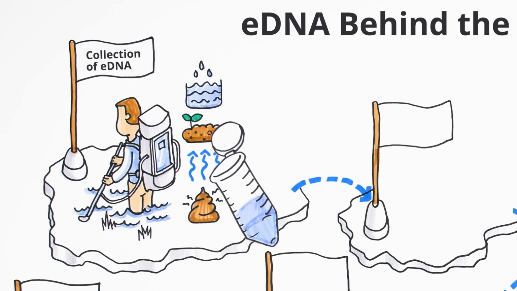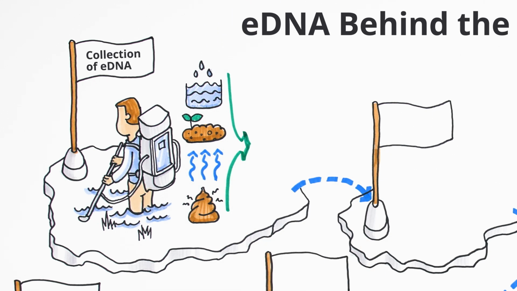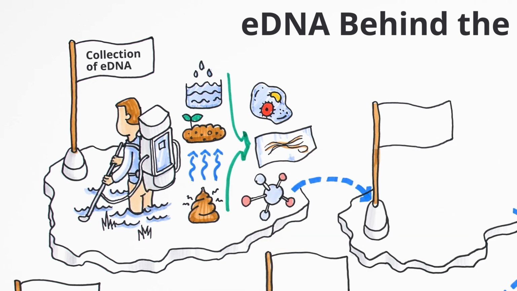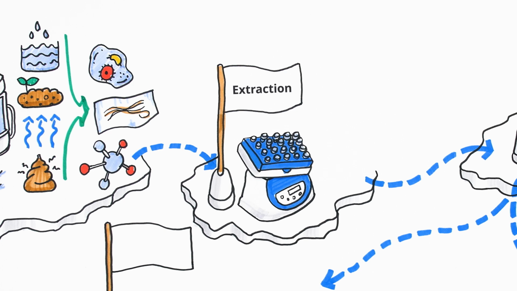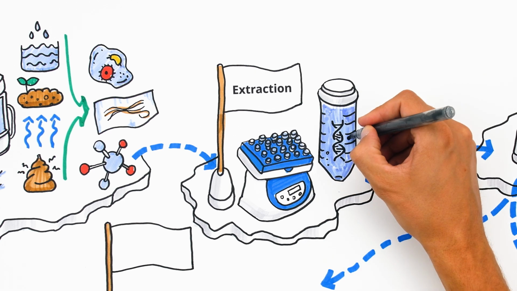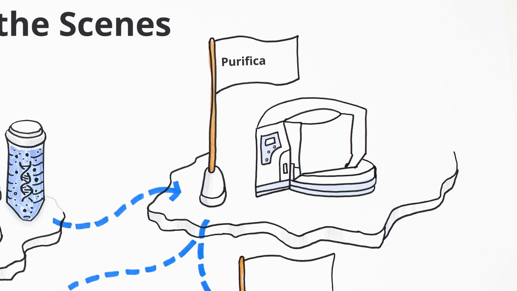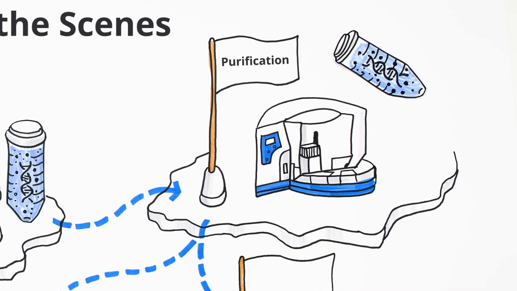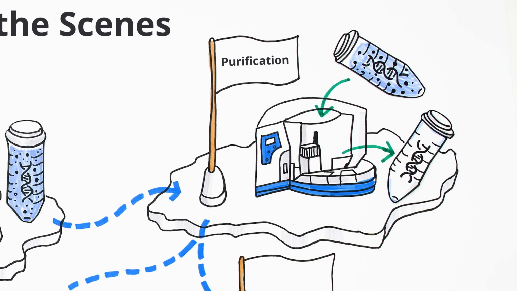In these environmental samples, DNA material comes in all shapes and sizes, within cells, tissue parts, or even as free-floating molecules. Next step, extraction. We thoroughly mix the sample by shaking it vigorously. Then we add chemical reagents to break open the cell membranes to release all the DNA molecules. Next step is purification. We add solutions that clean the DNA mixture by removing unwanted substances, leaving us with just